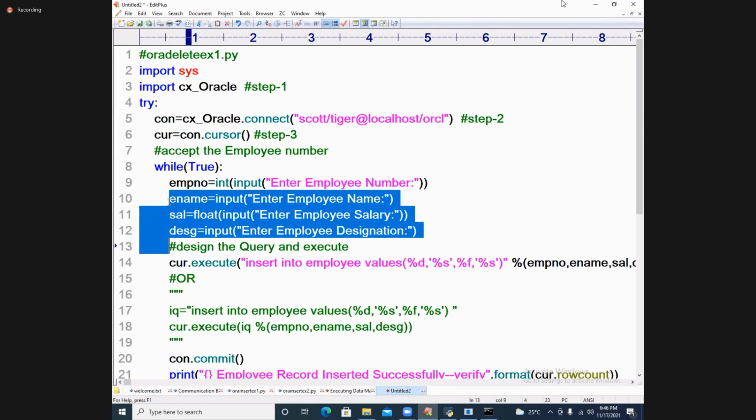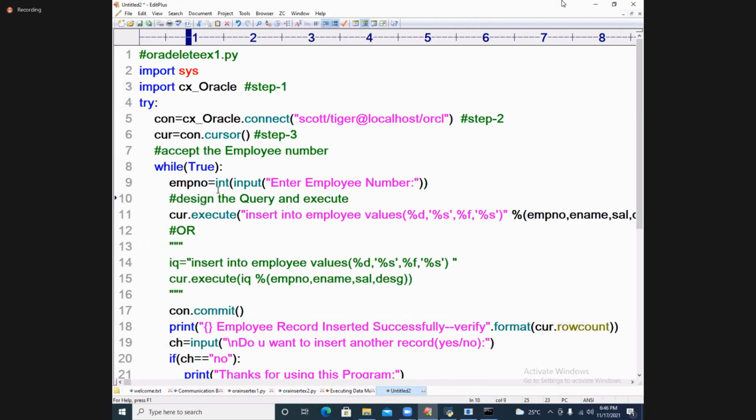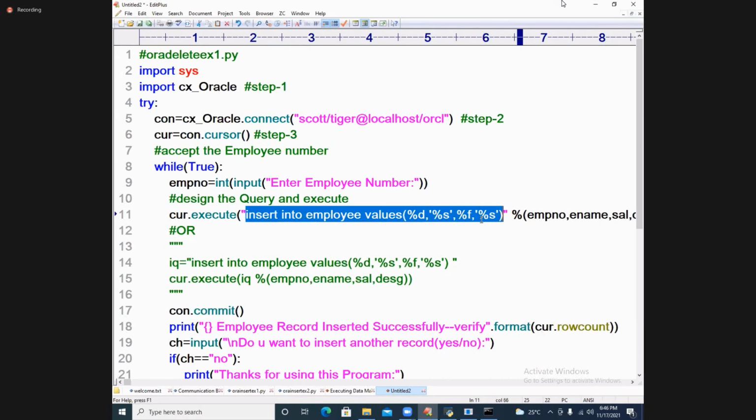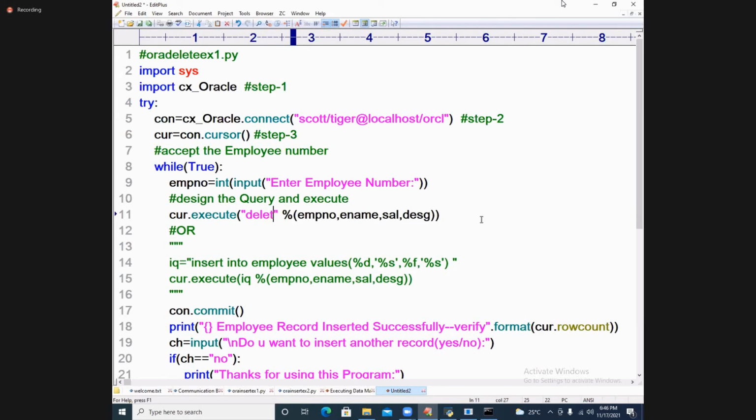I want to delete based on employee number. Okay. Design the query and execute. What is my query? Delete from employee where